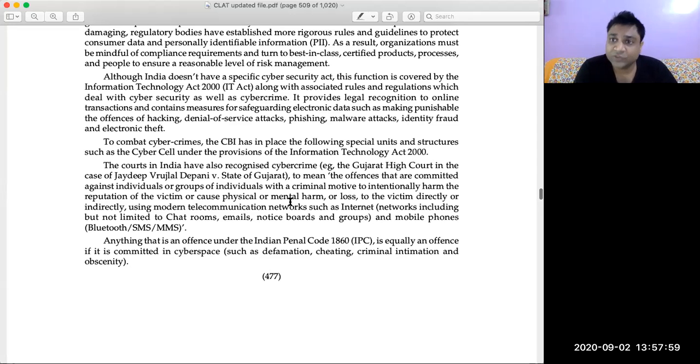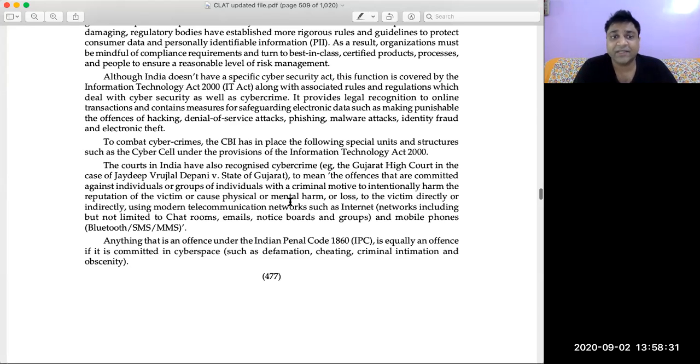Similarly, the court has also given a judgment defining what is cyber crime, according to the Gujarat High Court in the case of Jaideep Rujlal Depani versus State of India. That is why this case is relevant. If tomorrow Parliament comes with a law which clearly defines what is cybercrime, this case will become not so relevant. But for the time being, the only definition of cyber crime is found under this particular case, which says